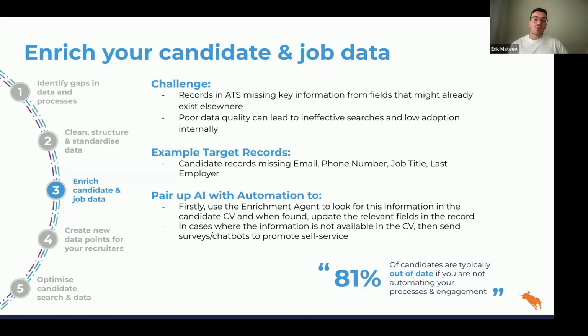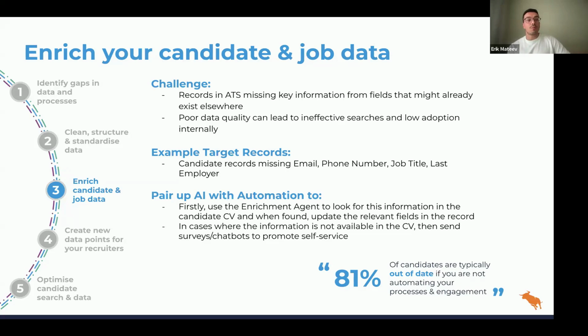And it's a great way for you to enrich your existing data by moving information from one place to another before you even think about going straight to the source. To Tom's point, if you have a bunch of candidates that are missing an email address and phone number, you don't really have a way to get up-to-date information from them, right? But by using the enrichment agent to extract that data, these people now become contactable, which means that your recruiters can find them whenever they're executing searches, and they now have a way to engage with those candidates as well. But you can think of this as phase one in your overall data hygiene strategy.